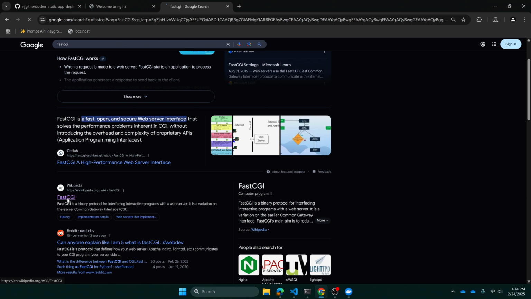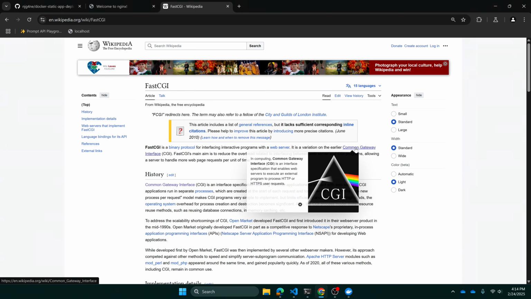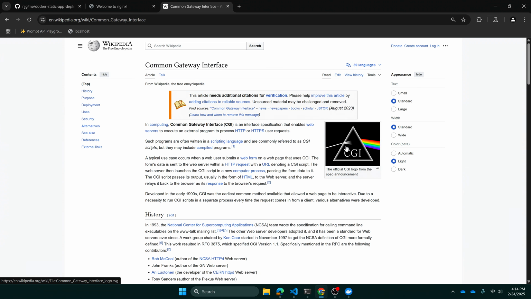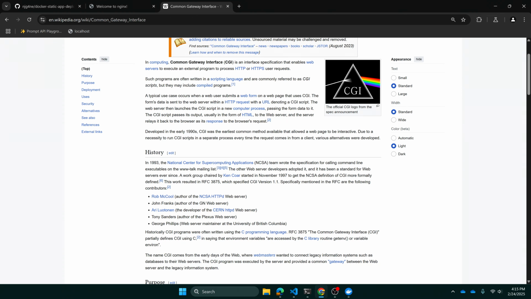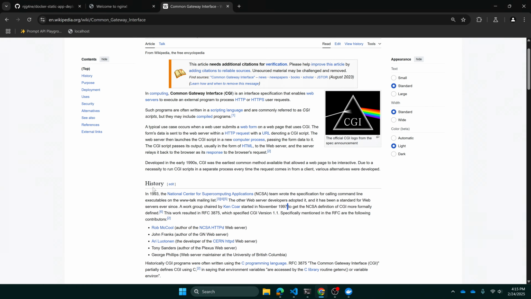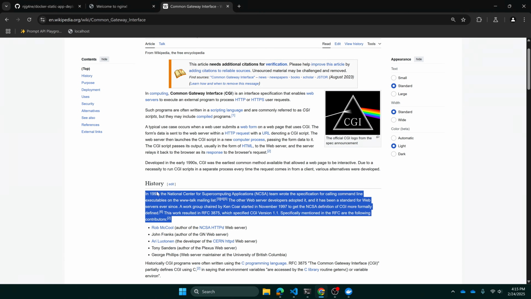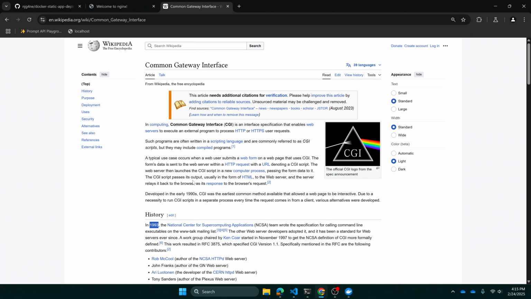Well, you might think, I don't know what CGI is. I used to think this meant computer graphics interface or computer generated image, like you typically think of CGI in movies, but this actually stands for the Common Gateway Interface, which is an interface that enables web servers to execute an external program to process HTTP or HTTPS user requests. So it's actually sort of an old standard. You see 1993, 1997. Those of you who were born in the 80s or earlier are probably insulted by 1993 being a long time ago, but